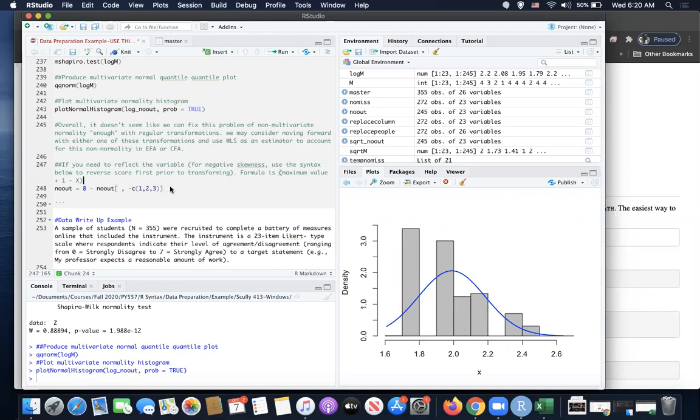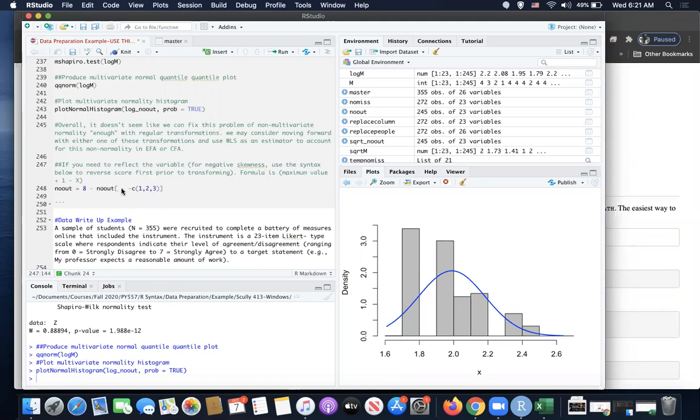Well, first you want to reverse score them, basically. You want to reflect the variable. And the formula over here is basically the maximum value of your response choice, say you got a response choice of 1 through 7. Take the maximum value of 7 plus 1 minus each person's scores. So in this case, it is 7 plus 1, so 8 minus the values of each person from the NOAA